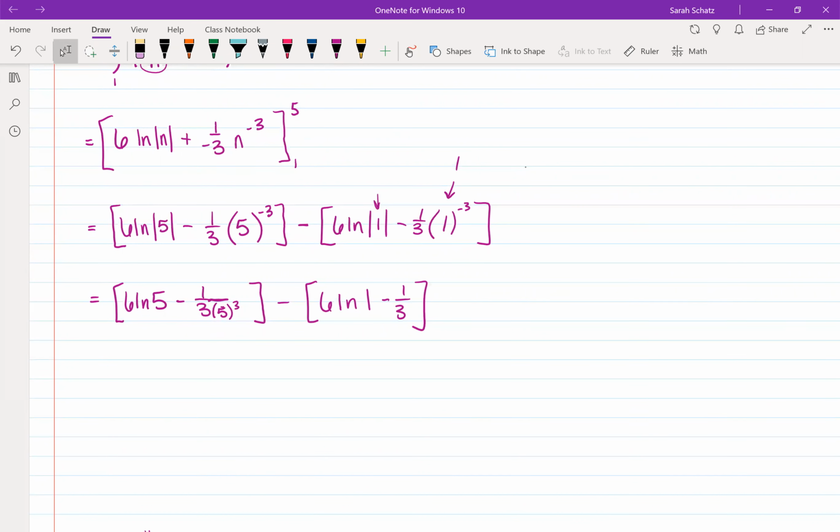All right, so first bracket, keep simplifying here. We get 6 natural log 5 minus